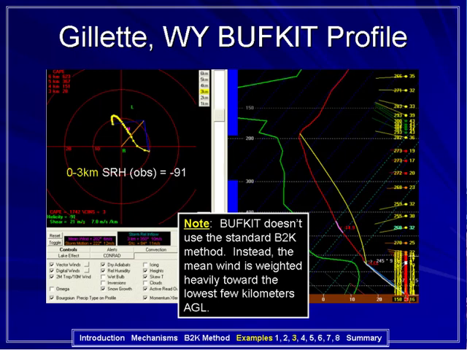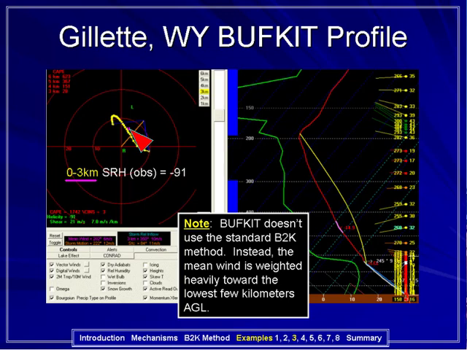Now we're going to look at a hodograph displayed with BUFKIT. And first of all, I'd like to note that BUFKIT's an excellent tool, and you should all be running it at your office. There's a lot of things that you can do with it. But for this particular case, I'm showing you a 0 to 3 kilometer hodograph. The B2K method is plotted here. You can see the R for the right mover and the L for the left mover, and then the M